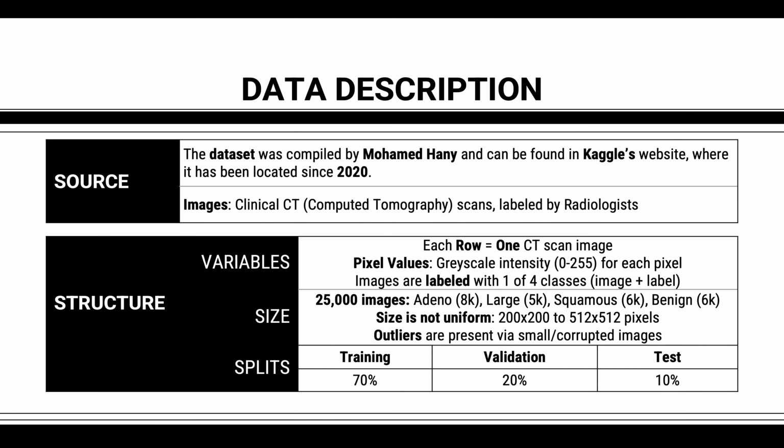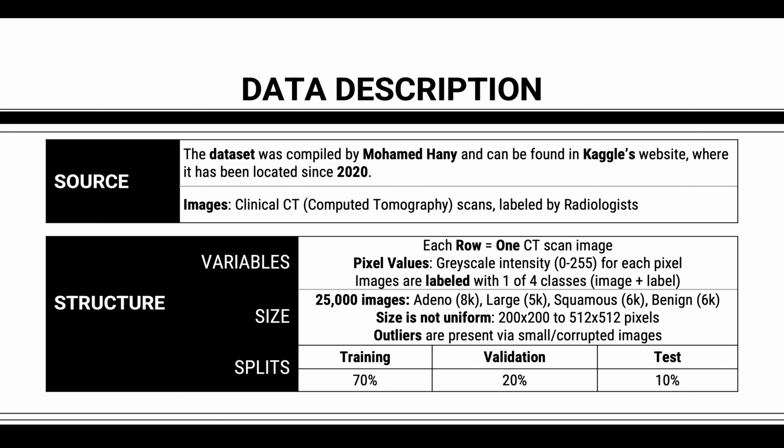The dataset for this project was compiled by Mohammed Haney and has been publicly available on Kaggle since 2020. It contains the chest CT scans that were labeled by radiologists. Each row in the dataset corresponds to a single CT scan image. The images are grayscale with pixel intensity values ranging from 0 to 255. Each image is labeled with one of four classes: the adenocarcinoma, large cell carcinoma, squamous cell carcinoma, and benign or